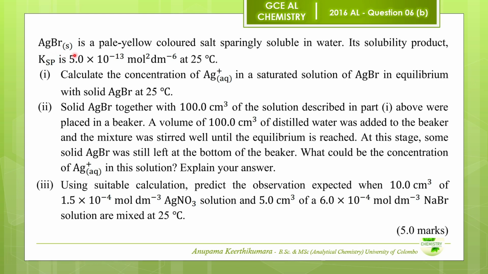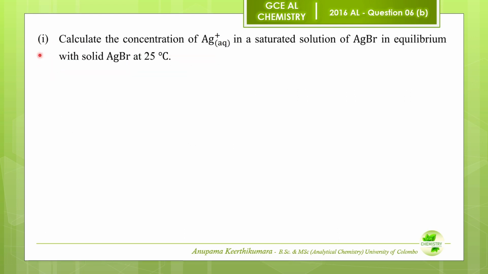AgBr solid is a pale yellow colored salt sparingly soluble in water. The solubility product of AgBr at 25 degrees is also given. Question number 1. Calculate the concentration of Ag plus ions in a saturated solution of AgBr in equilibrium with solid